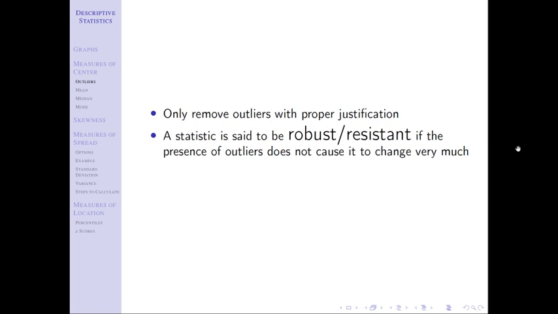So right now where your brain should be is, okay, we know that later on we're going to be using statistics to make inferences on parameters. We know also outliers are going to cause problems in my life. So if I use specific statistics that are robust or resistant, then I don't have to worry about outliers. If I don't use statistics that are robust or resistant, then I do have to worry about outliers. Okay, so that's where we're at going forward.